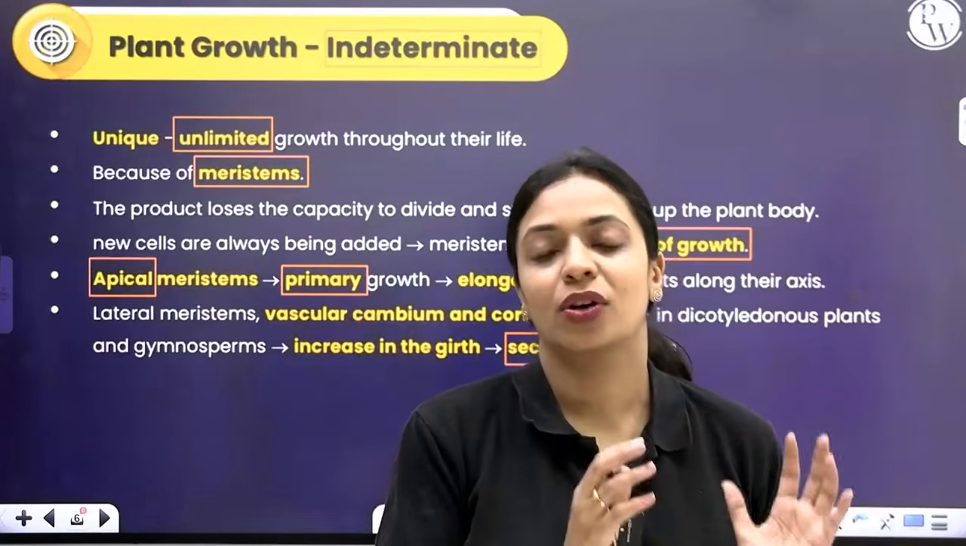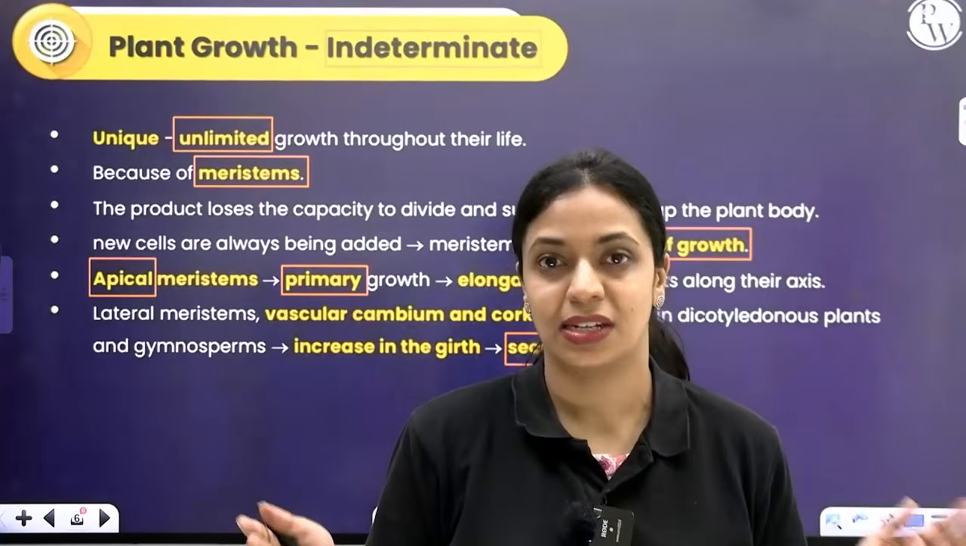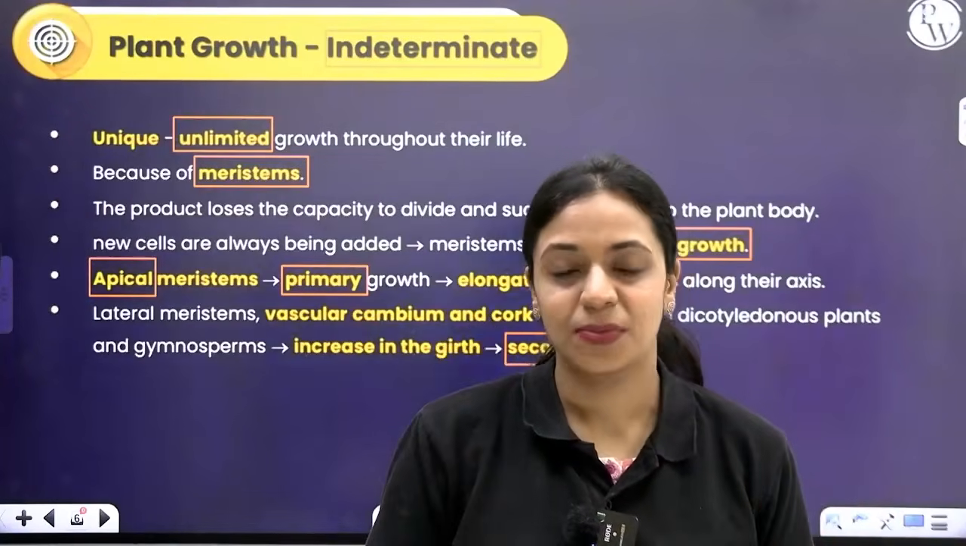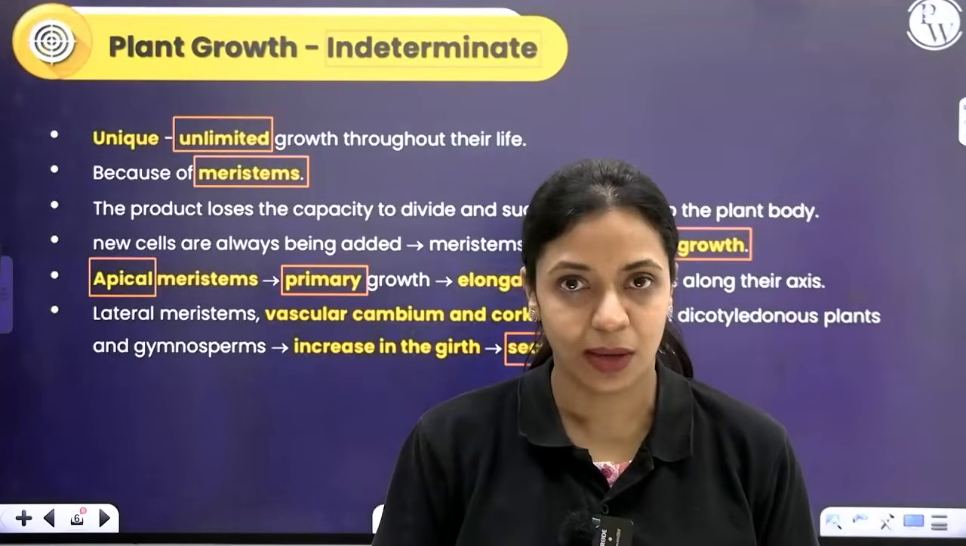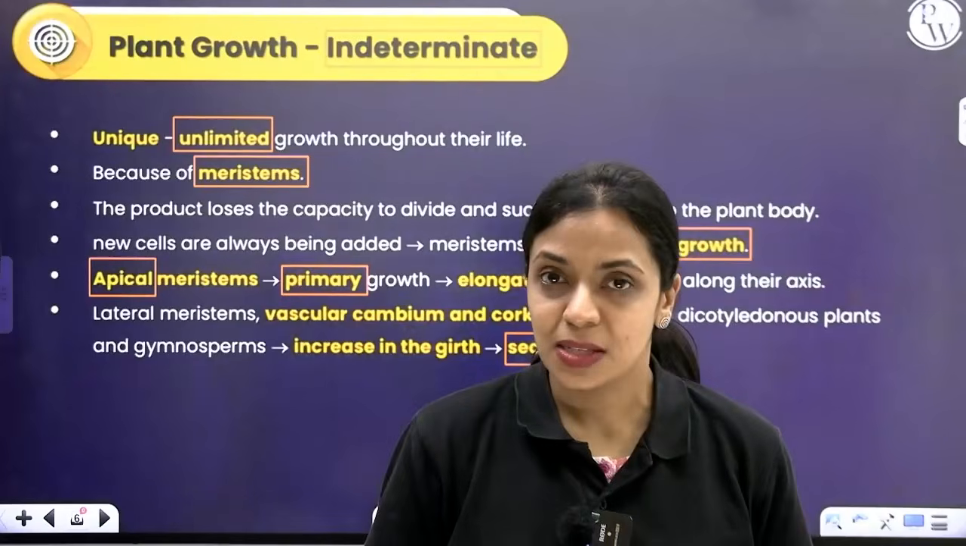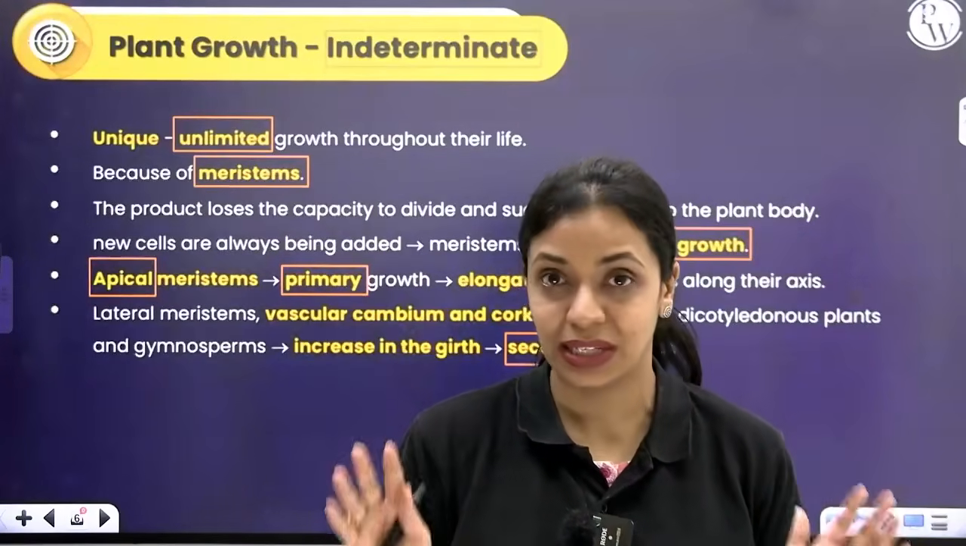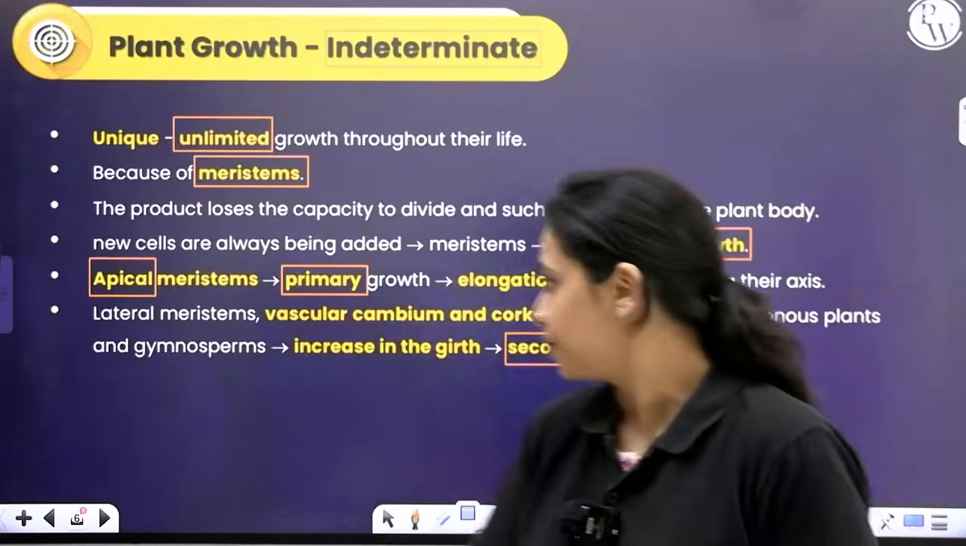Specifically in some dicots, what you can see is increase in the girth of the stem and root as well, and that is due to the presence of lateral meristems. Example for that is vascular cambium and cork cambium. This is present only in the dicots. That is why you can see secondary growth only in the dicots. All right, now